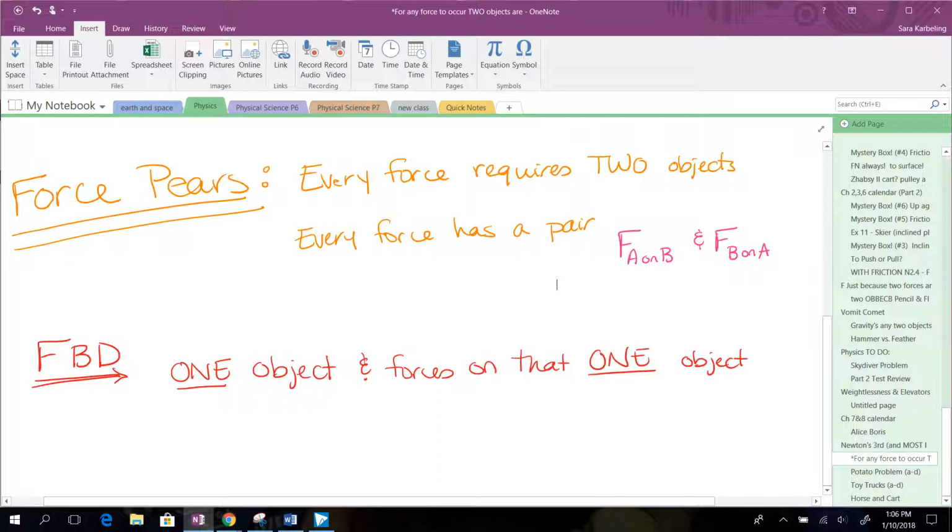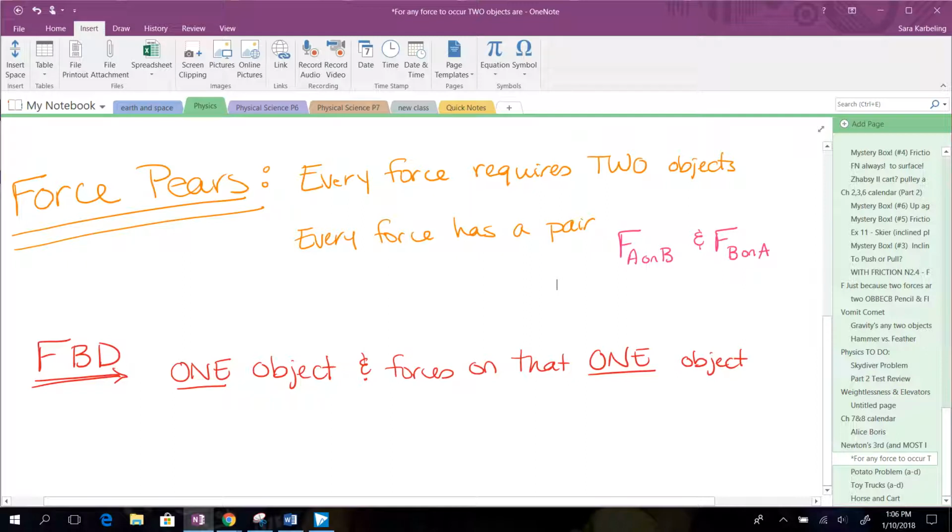You may just want to write this down because you probably didn't write this down since you were way at the back before. You don't have to write this down because you have it somewhere in your notes. But just the friendly reminder that a free body diagram is a diagram of one object, one object and all the forces that are acting on that object. Okay? So with the frog situation,